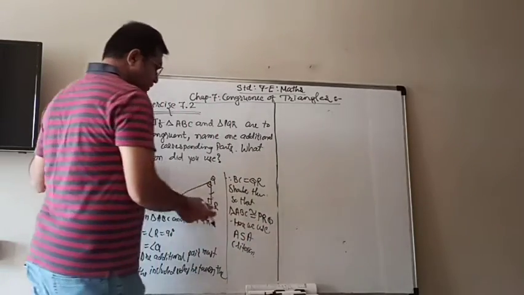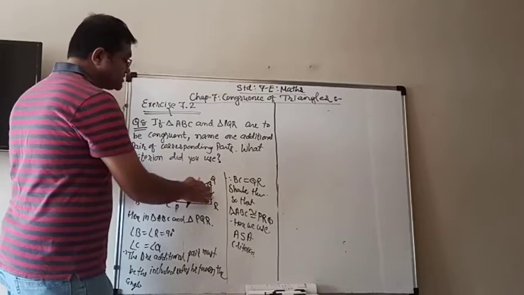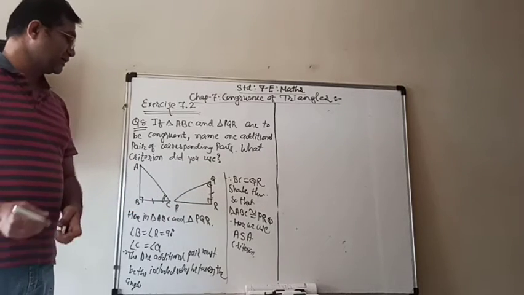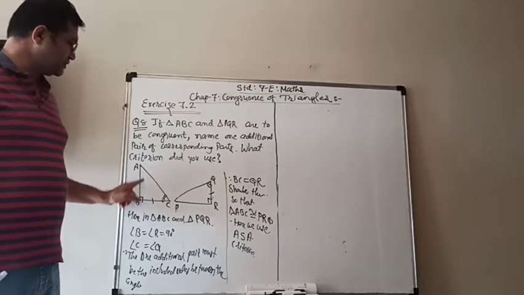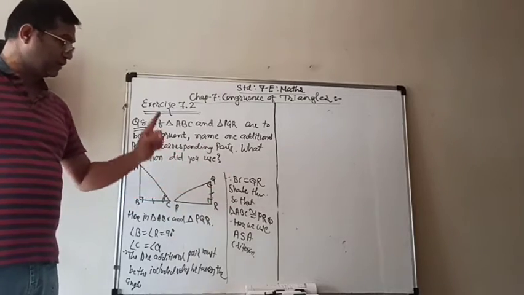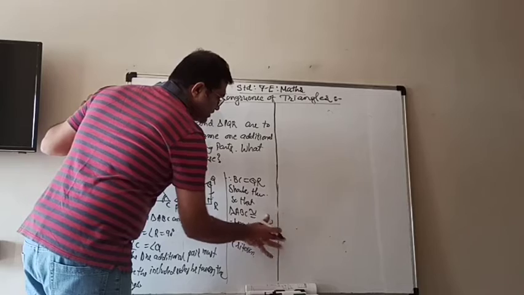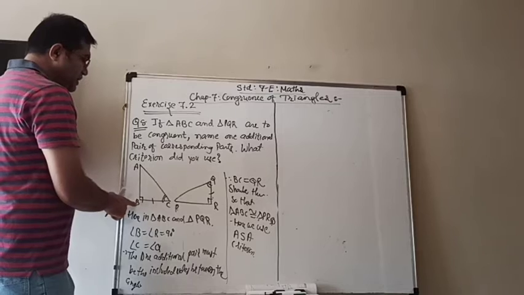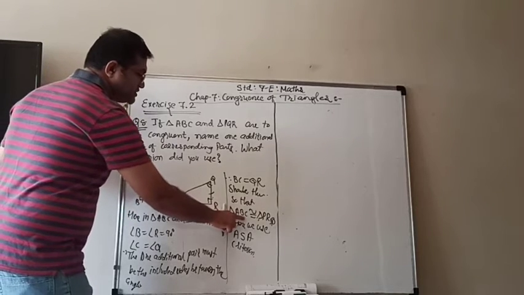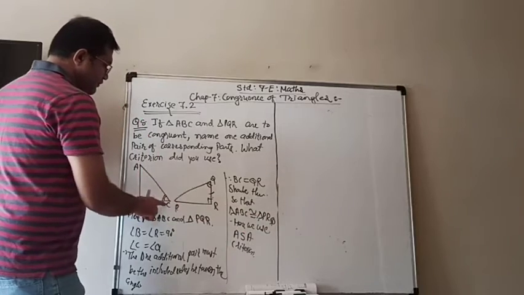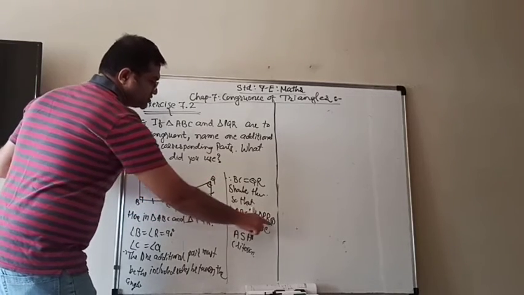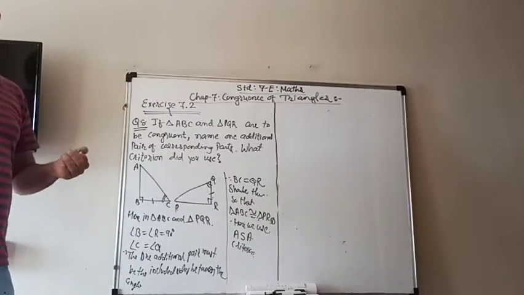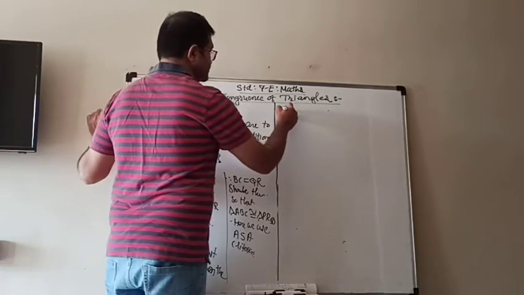Now it means that we only need the included side between those two angles, and that is BC and QR. And then we saw that triangle ABC and triangle PQR are congruent, but here it should be triangle PRQ. Why triangle PRQ, not PQR? Because with B there is the 90 degrees R, so B is in the middle, so R must be in the middle. With C there is the Q angle, so C is last, Q must be last, so P is there. So triangle ABC is congruent to triangle PRQ.